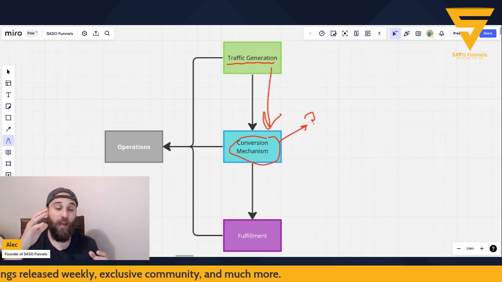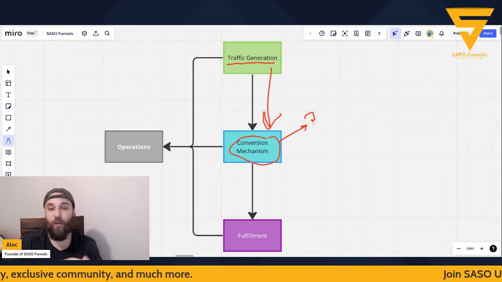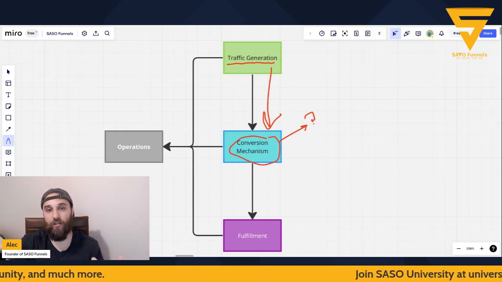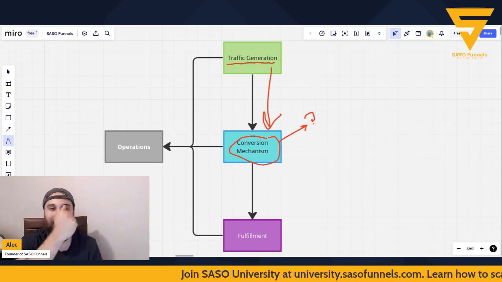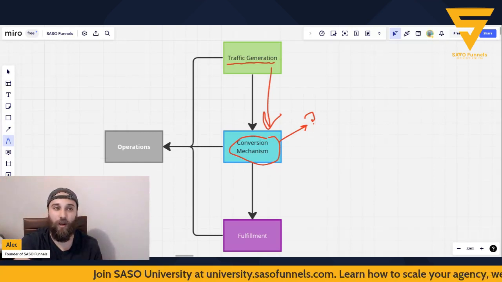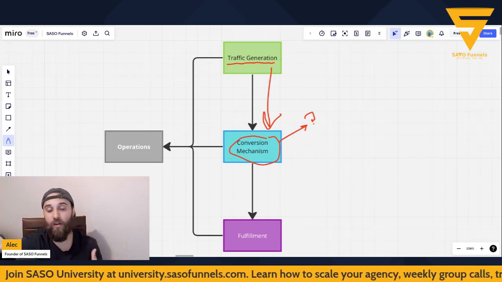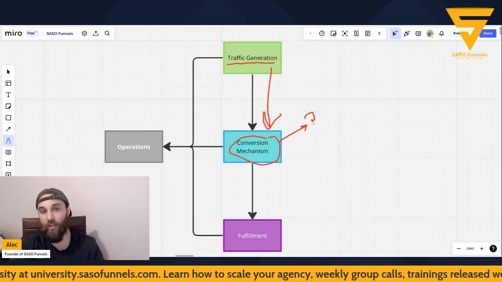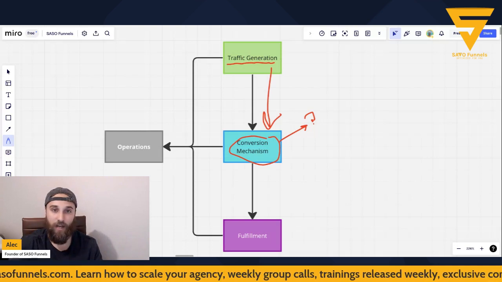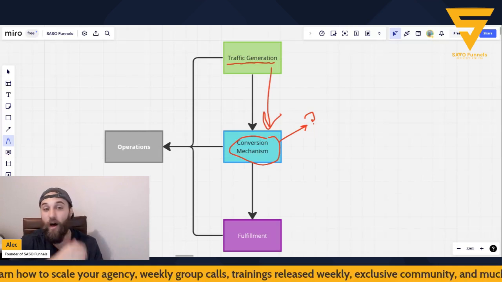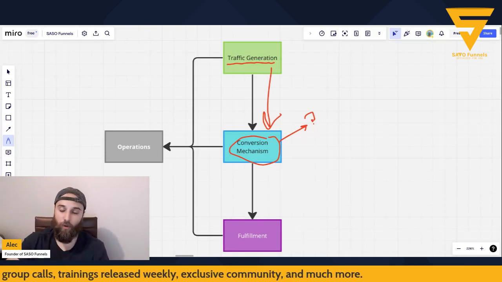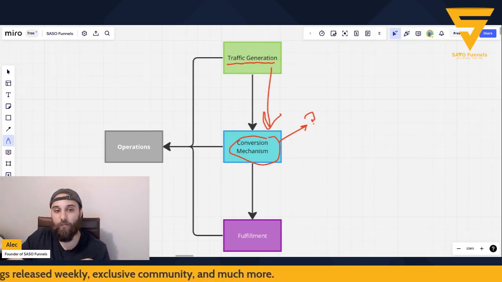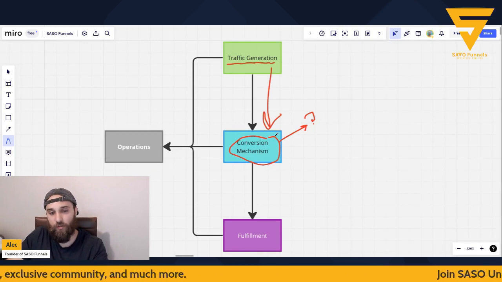And if you have any doubts about that, go look at some major content creators. They have a huge audience and then they build a really crappy Shopify store and yet it still sells out every time they go into stock, right? Now, the smart ones evolve the conversion mechanism. They make it better. They split test and they optimize it to increase conversion rate. But at the end of the day, when you're starting out, traffic generation is the most important thing. So we want to generate traffic, then we want to push them to a conversion mechanism.